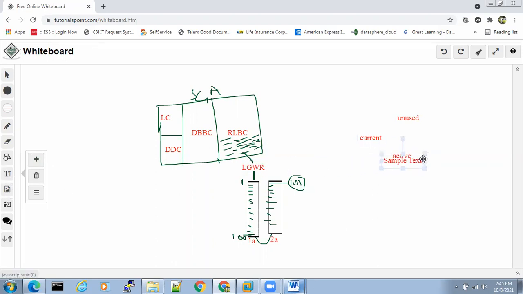Fourth, inactive. There are 4 statuses of a redo log file: unused, current, active, inactive. I'll tell you about unused later. Forget about unused for now.